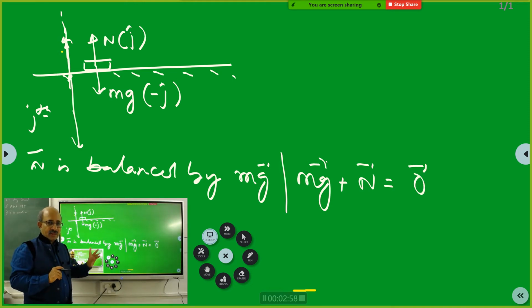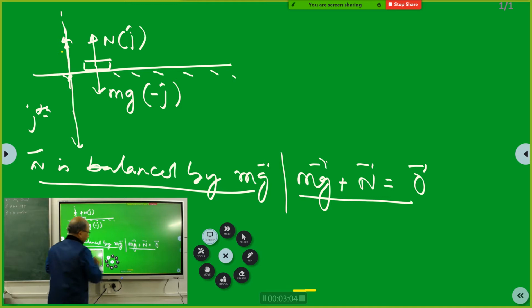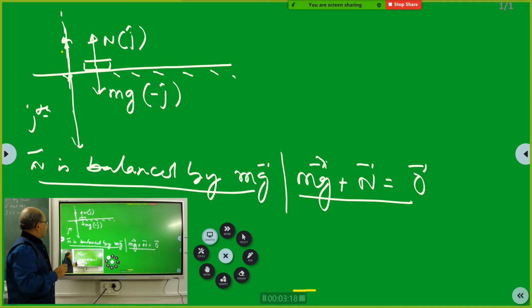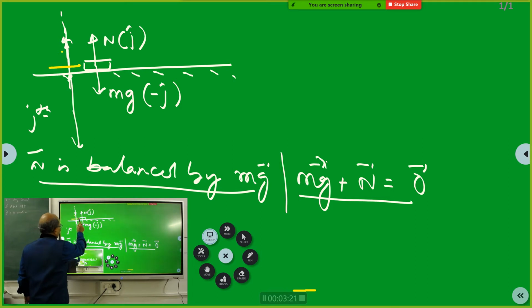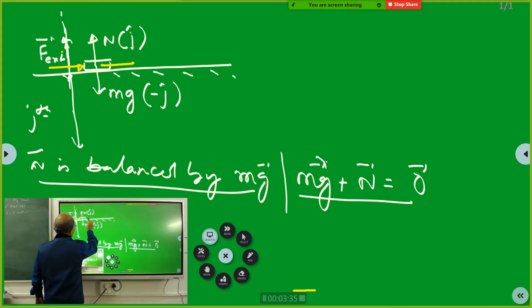Understood? If you want to state this in English, you have to state it like this. And if you want to state it mathematically, you will state it like this. They are not two different things. They are the same things, but one is represented mathematically and the other non-mathematically. The moment I apply force, that is my finger starts touching this, this becomes external force. The moment my finger starts touching it, what happens? As all of you know, it starts accelerating in this direction. Correct?